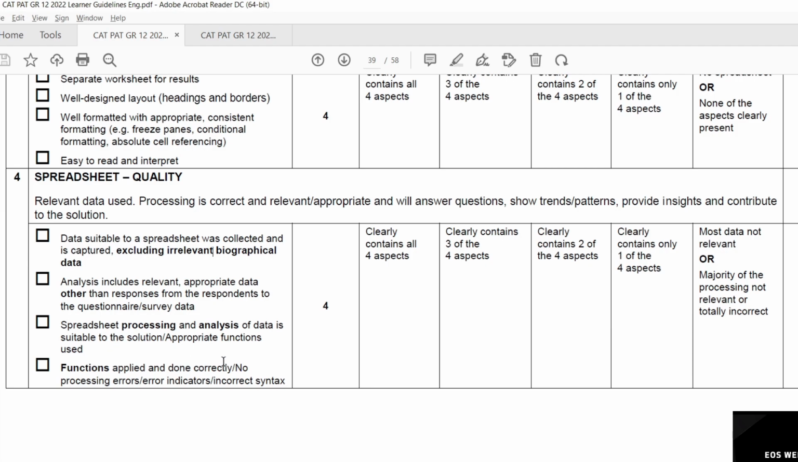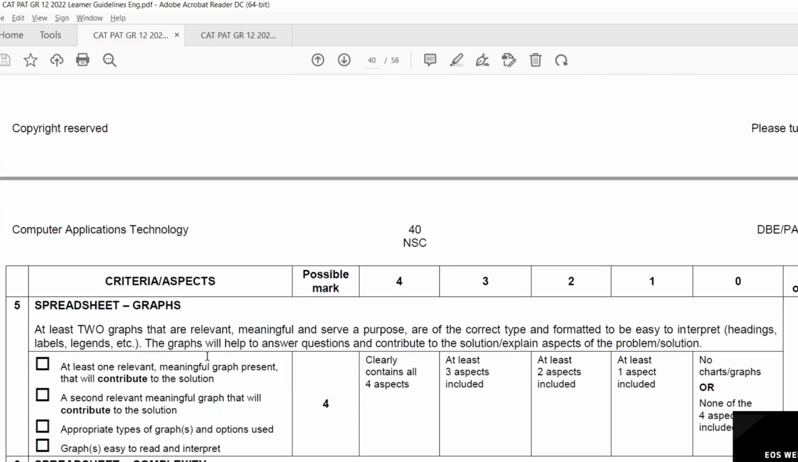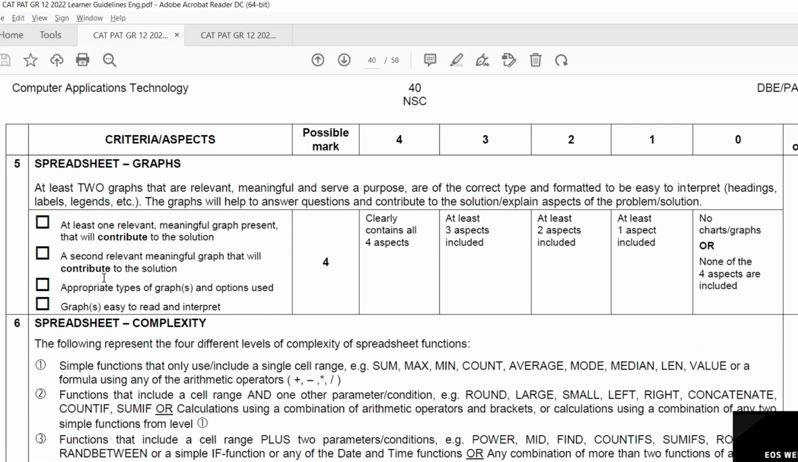Functions applied and done correctly. Have you popped in some formulas? Again, I'll show you an example. So that's 8 marks. Then they want you to take some of that data that you have and create at